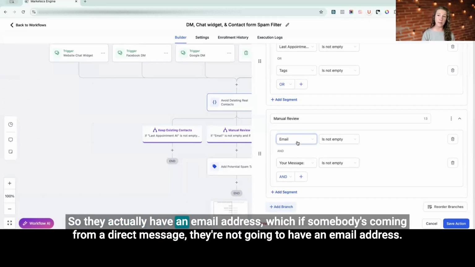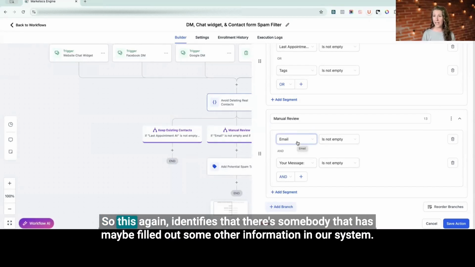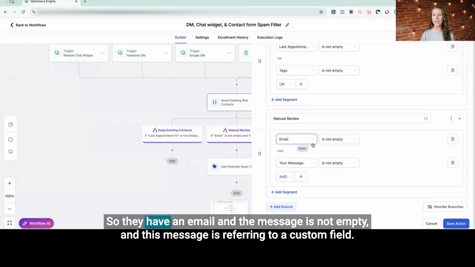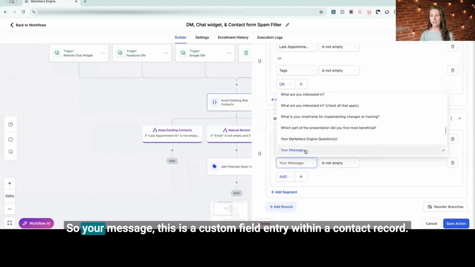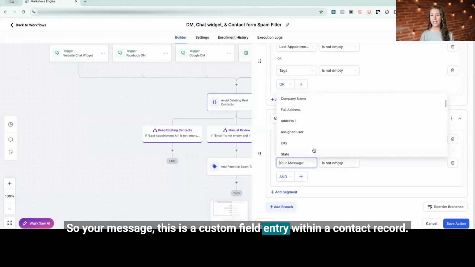So they actually have an email address, which if somebody's coming from a direct message, they're not going to have an email address. So this, again, identifies that there's somebody that has maybe filled out some other information in our system. So they have an email, and the message is not empty. And this message is referring to a custom field right here. So your message, this is a custom field entry